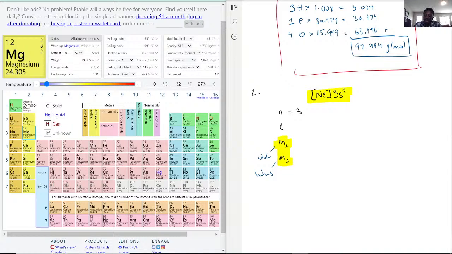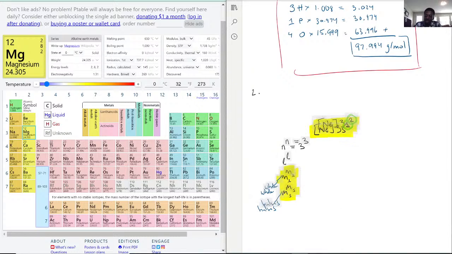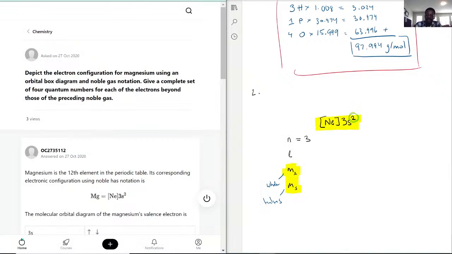Okay, and before we even go any further, actually, remember how I mentioned there's 2 electrons there? If you wrote this in orbital notation, neon would look like that. That's what I forgot to do. It looks so blank. We need some context here. So we need to actually write down what the question is. So the question is asking to depict